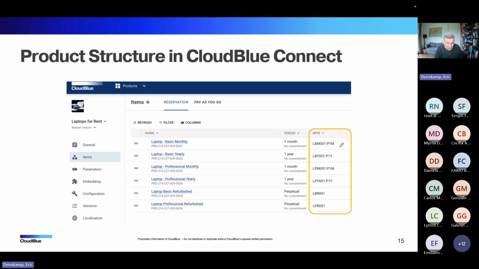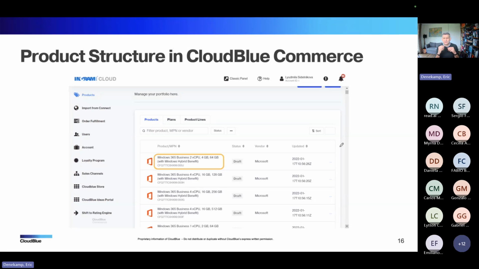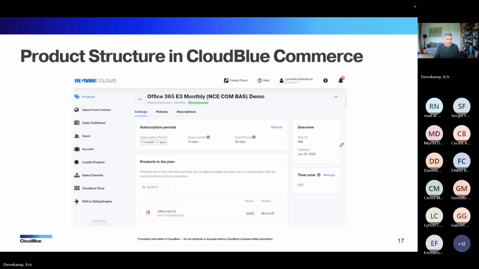So that is why we would call this a flat structure with MPNs on Connect. Whereas when we look at something similar, not this specific example, in CloudBlue Commerce, we have an object where we have a hierarchy. If I open this object, we have 2 subscription periods.